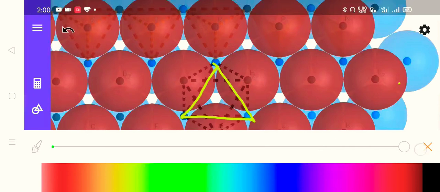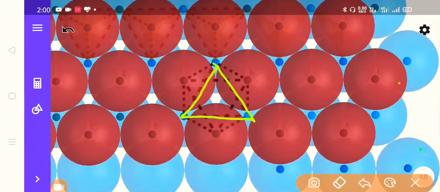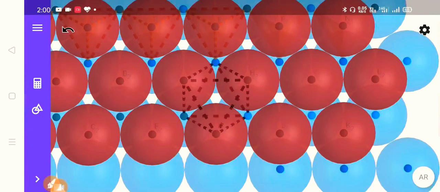Now when we connect the centers of the upper layer's spheres, you can see we have an opposite pointing triangle. So when we connect the bottom layer's 3 spheres, it gives us a triangle pointing upward, and when we connect the centers of the second layer's spheres, they are pointing downwards.